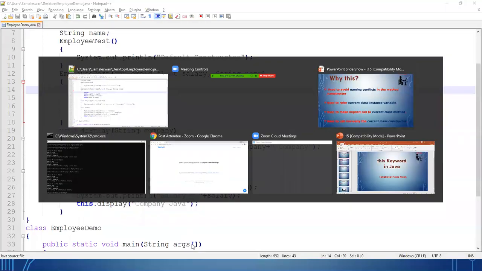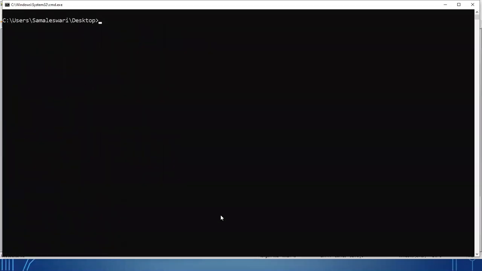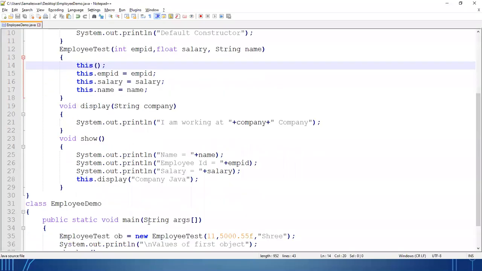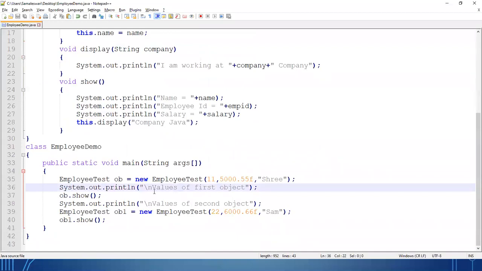So the default constructor, then the values. Then the values of the second object, default constructor. Done. So whenever you create the object, you create the object here.